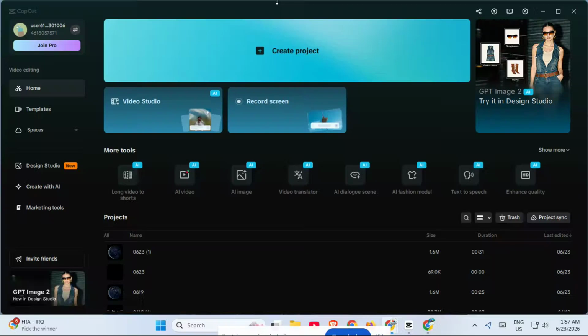If CapCut is giving you a render error, don't worry. In this video I'm going to walk you through the quickest fixes step by step, so you can get your export working again. This is one of the most common issues CapCut users run into, especially when the app is struggling with graphic settings, cached files, or an export that's too heavy for your computer. So if your video keeps failing to render, or CapCut freezes right at the end, stay with me and follow